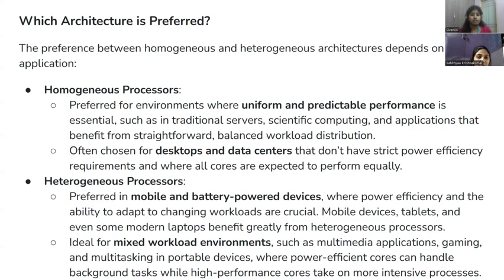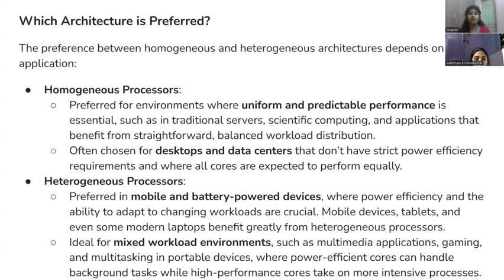They can be used in traditional servers in data centers, where homogeneous architectures are often deployed. And then scientific computing, applications that require extensive numerical computations benefit from the uniform performance. Desktops and data centers, where the systems do not typically have strict power efficiency requirements, allow homogeneous